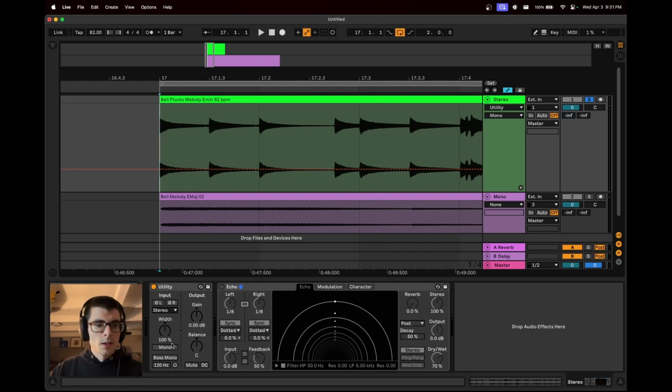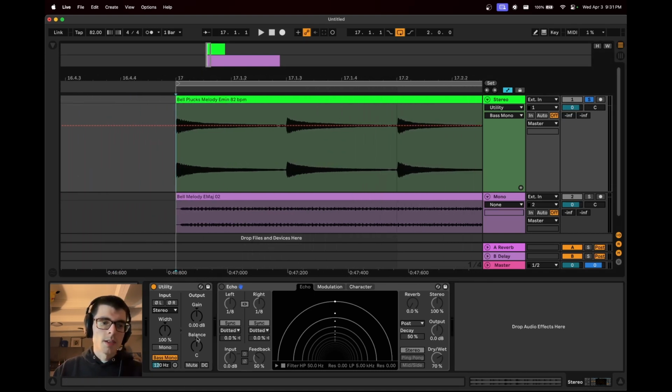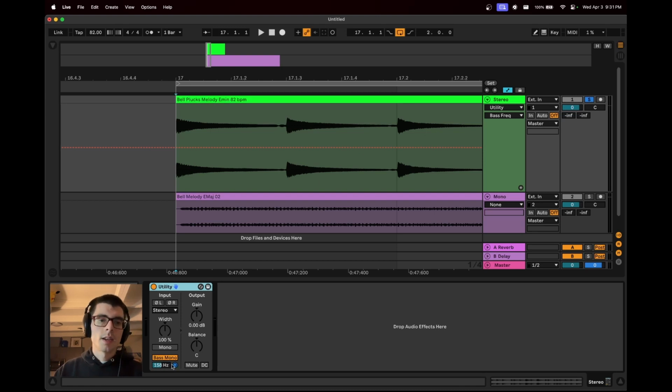So the next thing you have is bass mono. A lot of people know what bass mono is, but they never touch this thing down here, which is your cutoff point, and they never touch your little headphones down here, right? Anytime you see the little headphones in Ableton, you can just know that it's going to allow you to solo or sample the control that you're messing with in the moment, right? So taking a look at this,